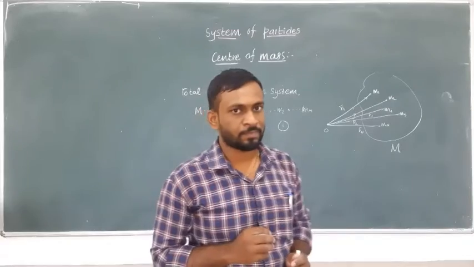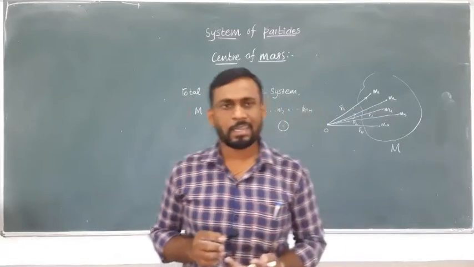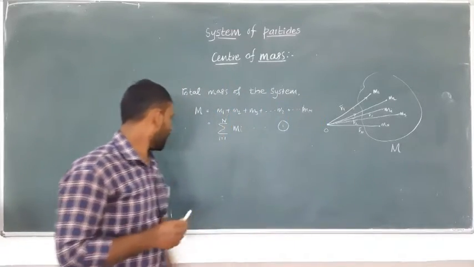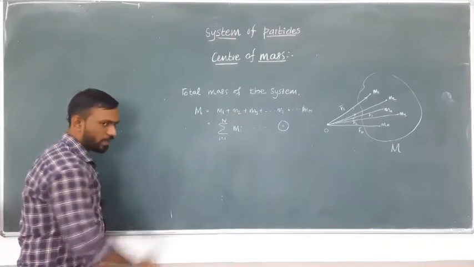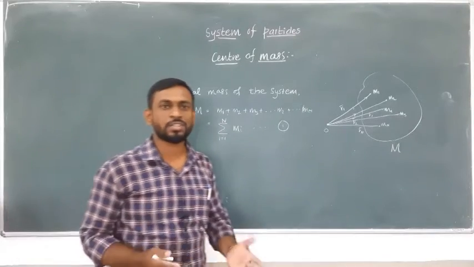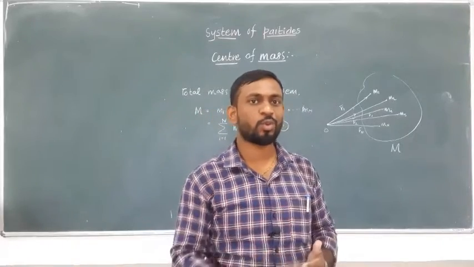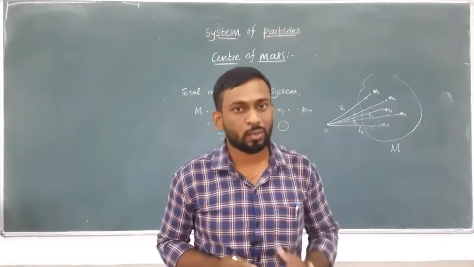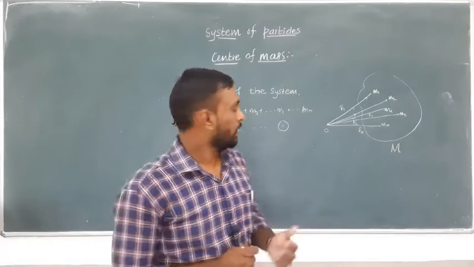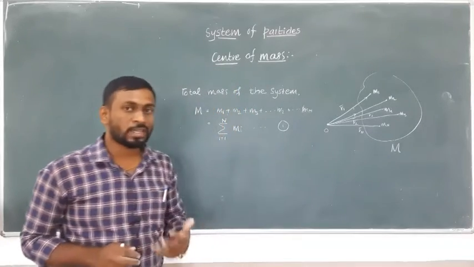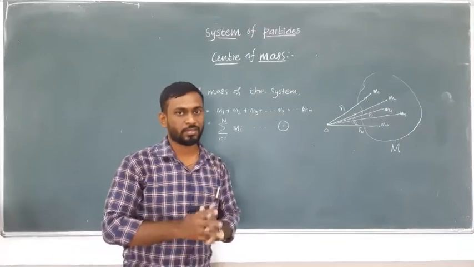Definition-wise it looks very nice and very simple, but application-wise center of mass is very crucial. Consider the example of a car moving on a straight line. The center of mass is not changing with respect to time, since the car is traveling in a straight line, there is no slope of the road and no external forces acting on the car. So in that case, the center of mass of the system remains constant.